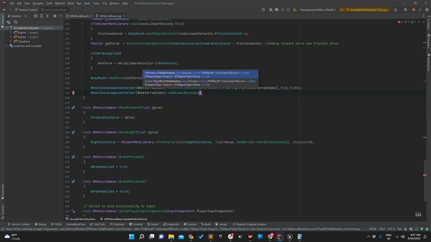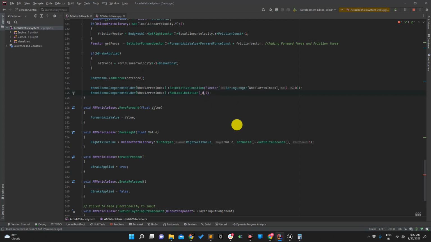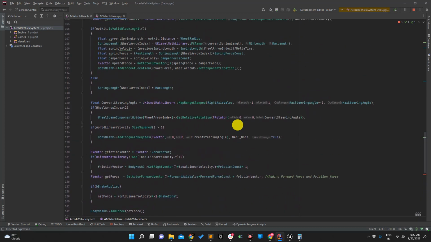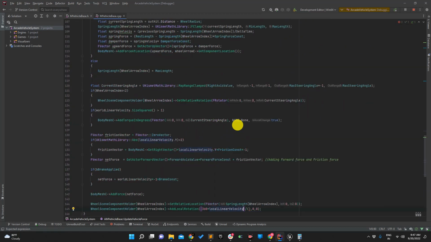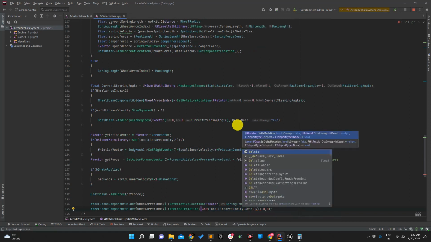The rotation will be on the y axis because it is rolling downward, and on the other axes it will be 0, 0. So this thing we have to calculate: 360 into v into t. So 360 into velocity, which I think is local linear velocity dot x, into time, which is delta time,